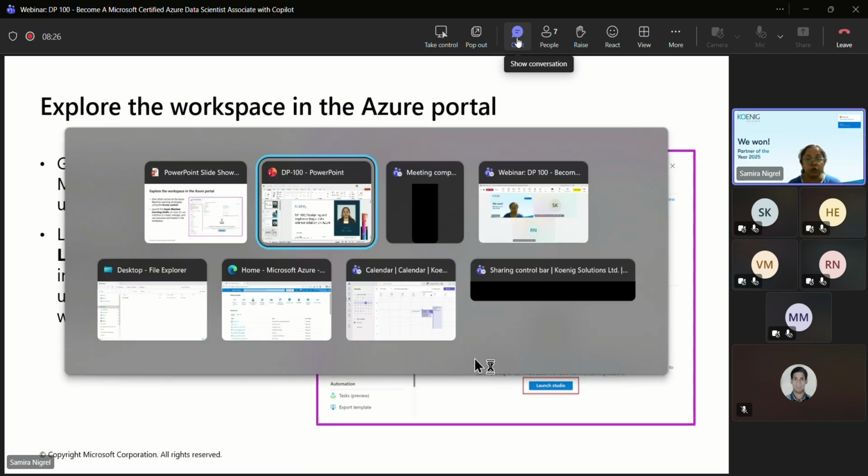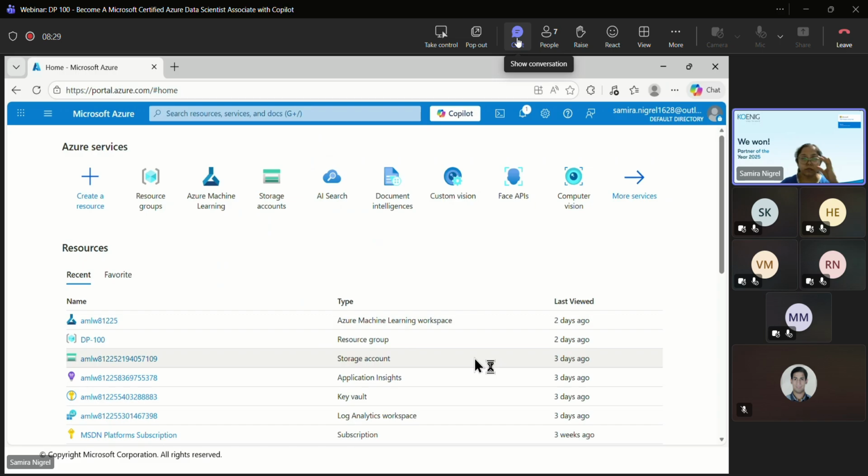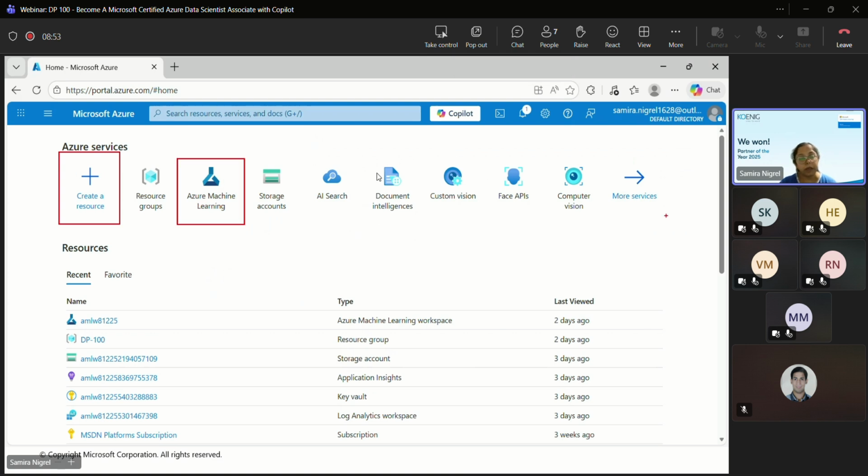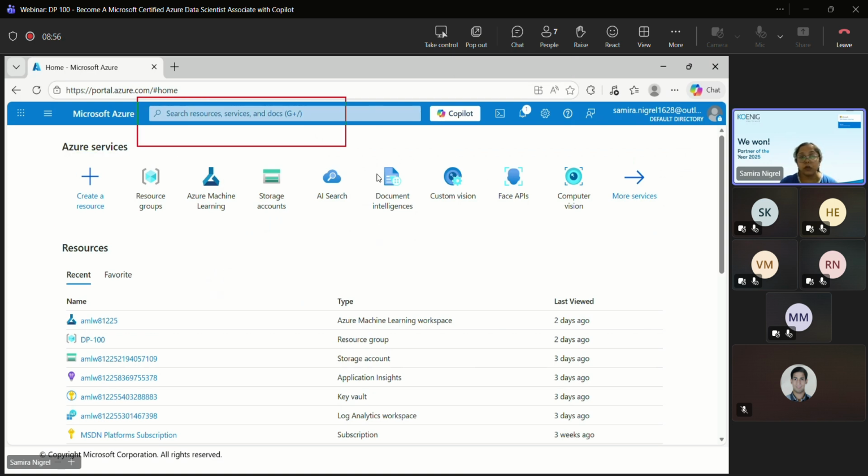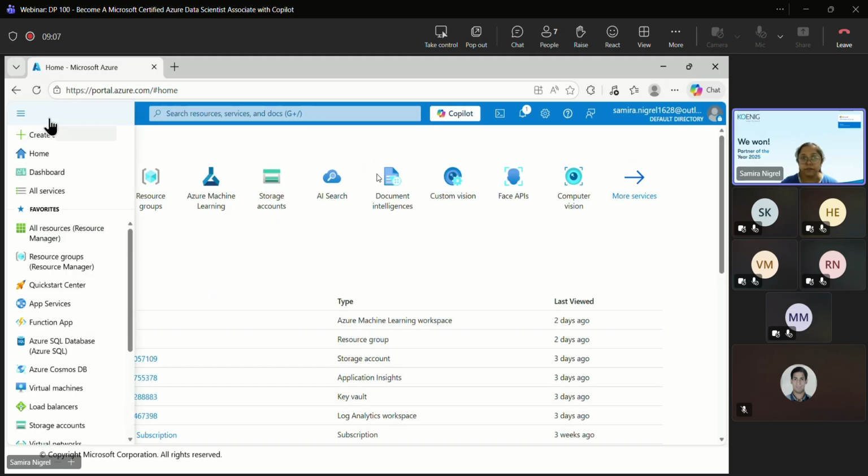Before I move ahead, let me show you visually how we can create it. So you can create a resource from the Azure portal with the UI approach as well. First, you need to sign in with your own credentials. Now, you can create a resource by clicking on the Create a resource option. If Azure Machine Learning is available on the front page, you can use that. You can use the search option by typing which resource or service you want to create. And another option is using the portal menu. I'd like to use that.